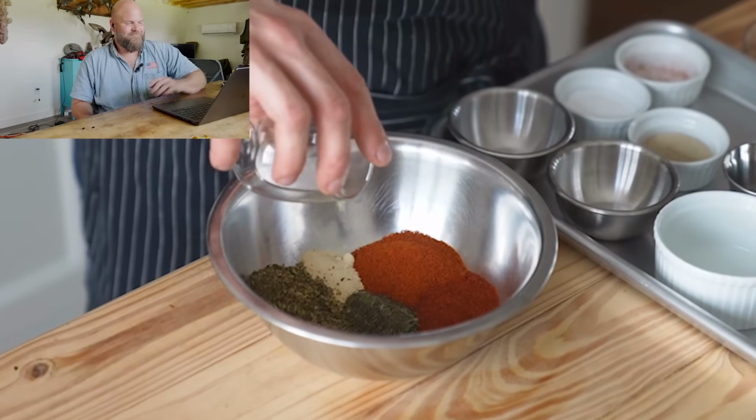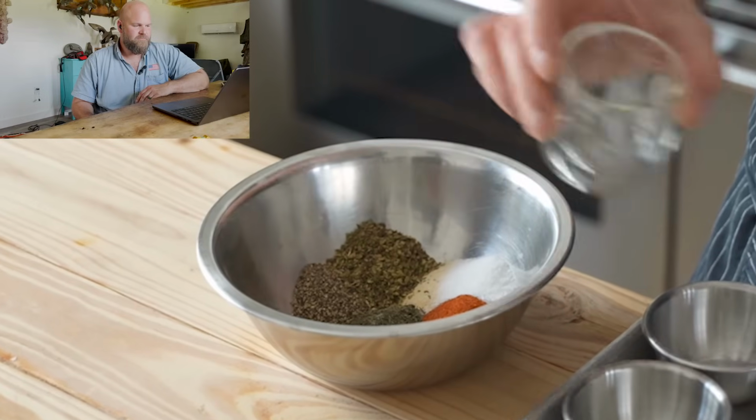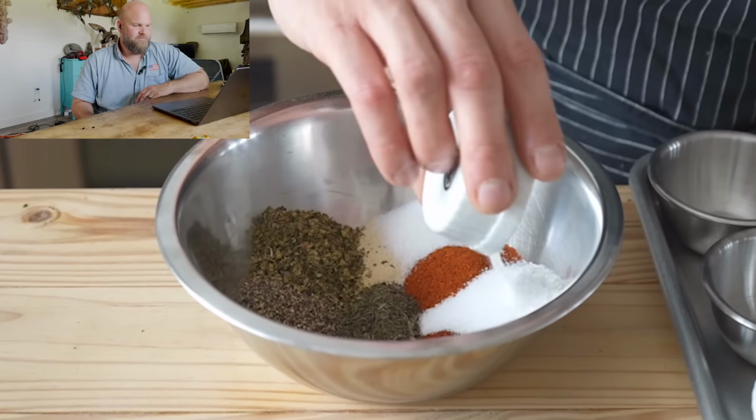MSG. It's in tons of store-bought Cajun seasonings. I love it. I throw no flags on MSG. It does add a lot to different recipes when added, but I'm curious how he's going to incorporate all this. It's freaking delicious, brother. 1.5 tablespoons or 11 grams of kosher salt, 2 teaspoons or...